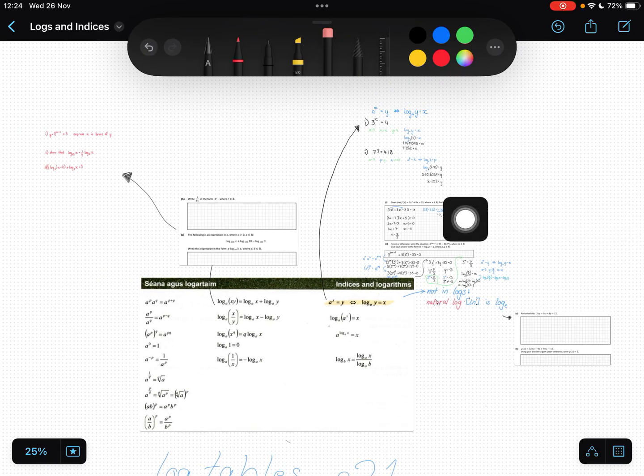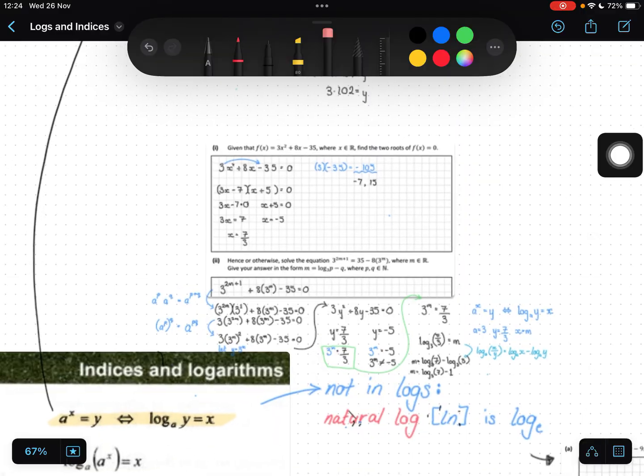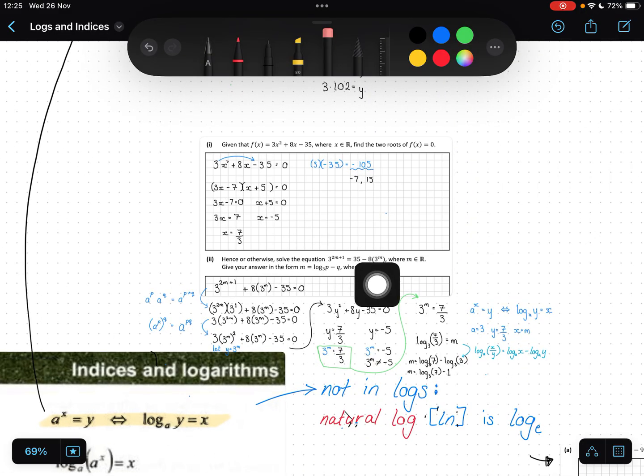Okay, so the last day we introduced logs in our log tables, page 21, mainly recognising when we have indices, how we can get them into a quadratic. It comes up a lot. We can almost expect to form a quadratic where we have an unknown in an index, and then we can sub in for that as something like y,